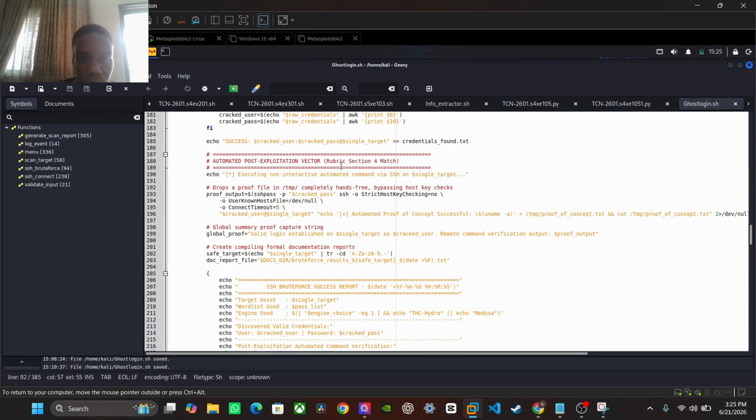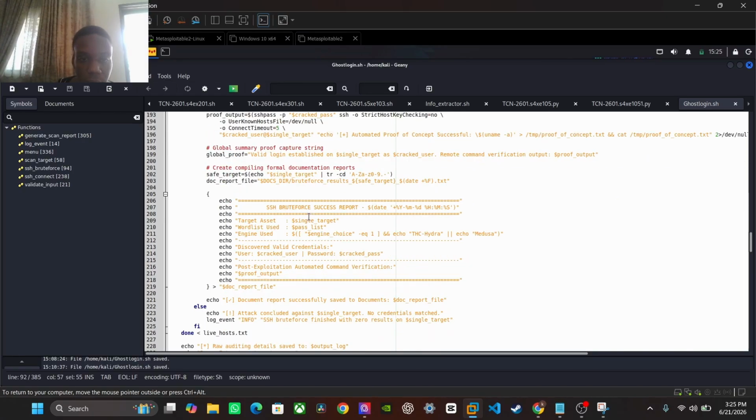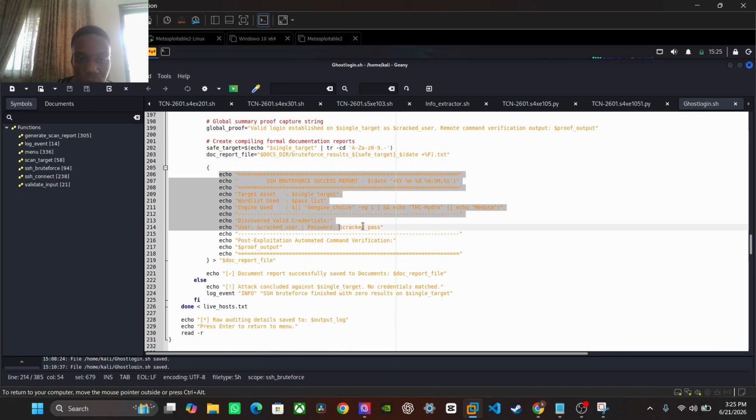We now move over to the post exploitation phase. What happens after there's an exploit? What happens after there's a successful brute force? It just begins to summarize proof of capturing. It validates specific settings, and then it gives you the brute force report